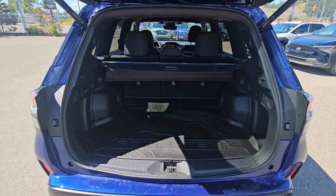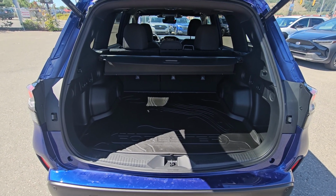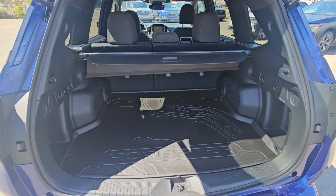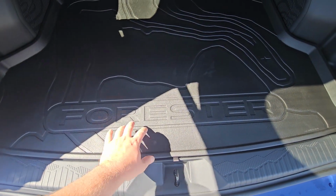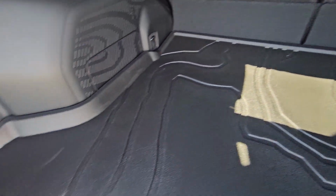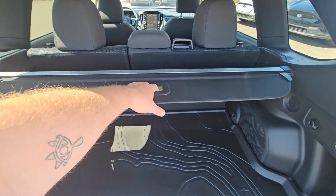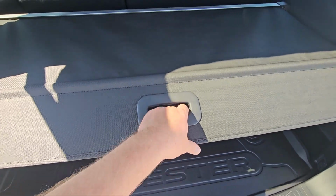Just like the previous generation Forester, there's a lot of room in here. Tall, wide, and deep storage. I'm not sure what the actual square footage is. I didn't remember exactly that, but there's a lot of room. Got a nice privacy cover tied in with this topographical map on the cargo tray, and the cargo tray has a little bit of a lip all the way around, hopefully helping contain any spills or liquids that may come out. Privacy cover has the handle that they borrowed from the Crosstrek, the new style Crosstrek one, which is really nice,